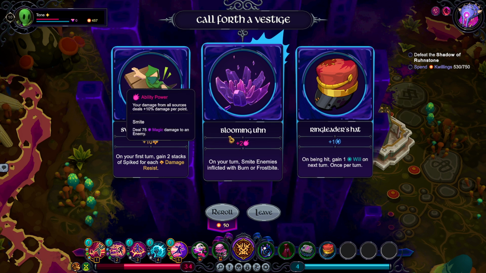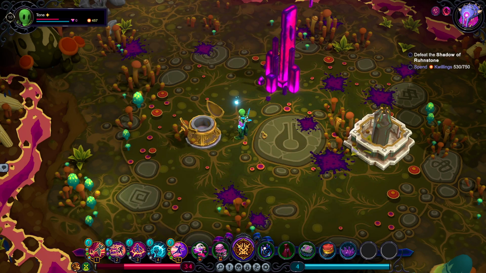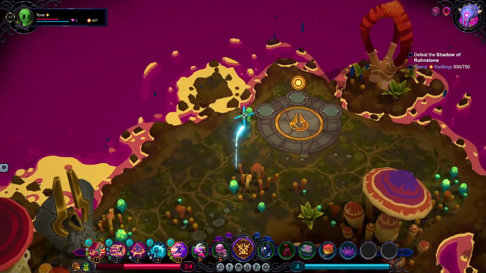Kinda just want the ability power. This could be very strong if I take 1 hit to gain 2 will now. I just feel like we're getting to the point where having 2 shield means those 2 damage bats can't hurt me now. So I need to find something that does 3 damage to me. But a lot of things are actually doing a lot of damage. I don't want to trade like 6 health on a turn for 2 will. I think I'm just going to take the Bloomin' on. Reroll might have been good there too, but...